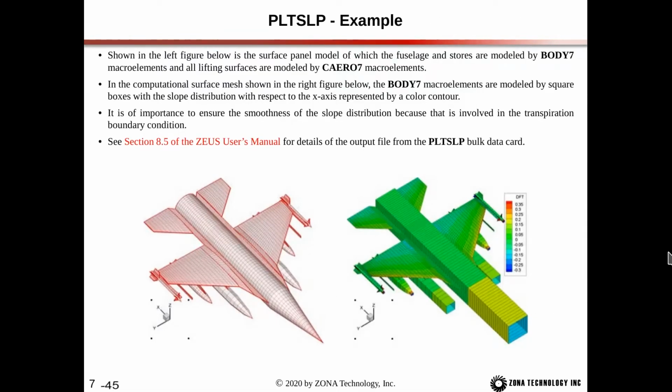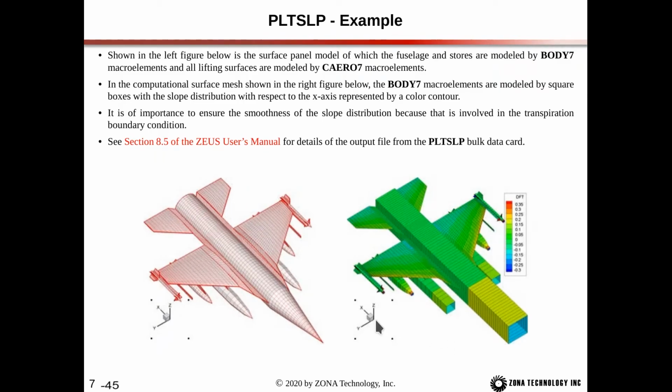So if we look at what the example is here, so on the left, we have the surface panel model where the fuselage and stores are modeled by body 7, and the lifting surfaces, of course, are modeled by C-Aero7. The computational surface mesh is shown on the right here. So the body 7 macro elements are modeled by square boxes with the slope distribution with respect to the x-axis represented by the color contour. And it's important to ensure the smoothness of the slope distribution because that is what is involved in the transpiration